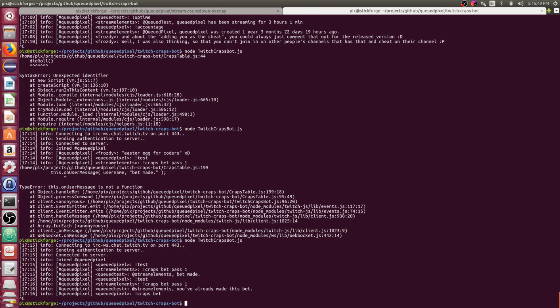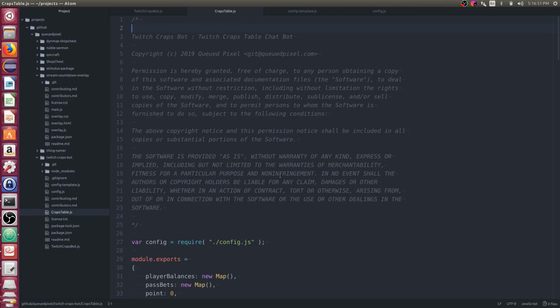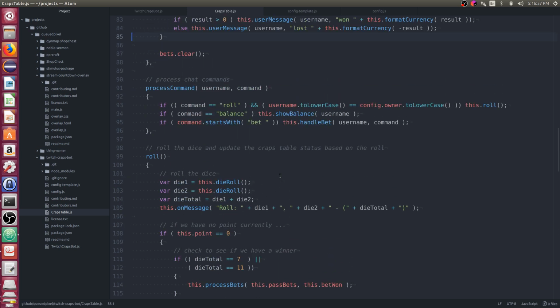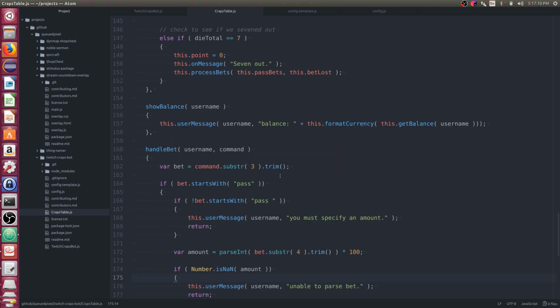Let's look at this. So now let's do a starts with bet without the space. If I just type in bet, it'll go in. Now let's go to the process bet or handle bet.